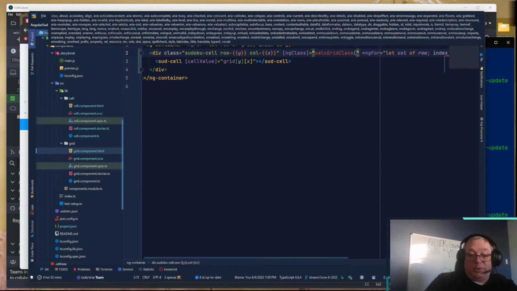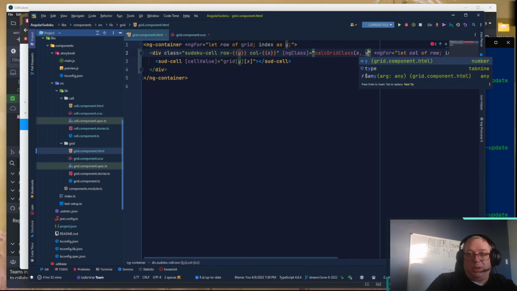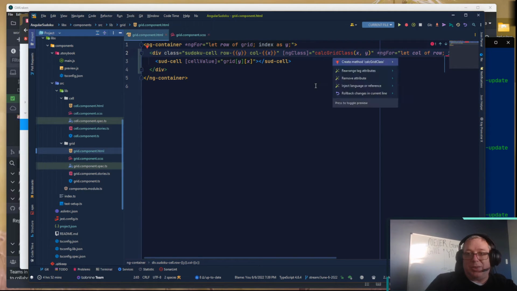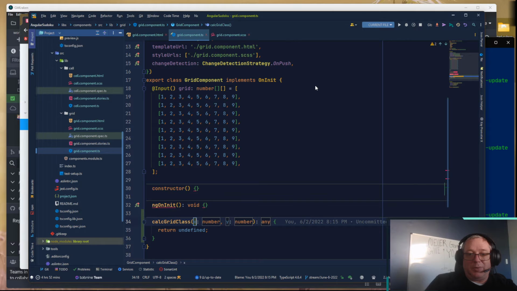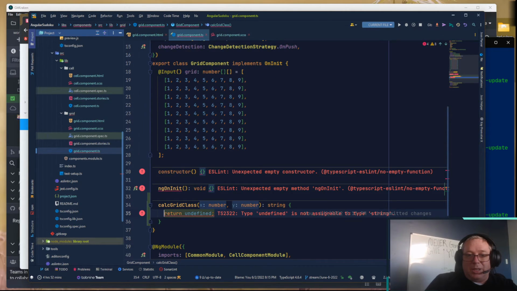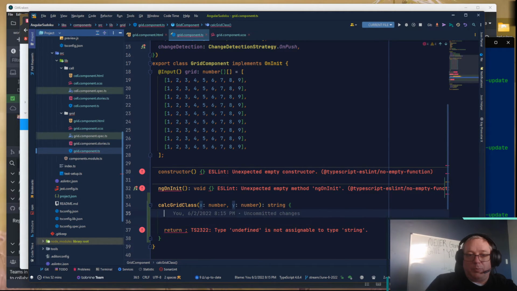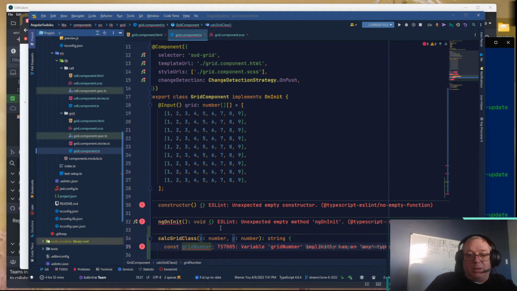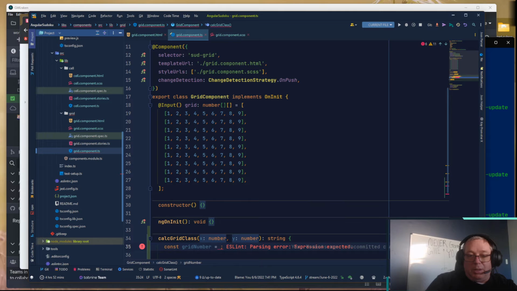And we just pass in x comma y, and it's complaining because we don't have this class, but with writer, we have the ability to do it. And this is going to return a string, and we're definitely not going to return undefined. The grid number is going to be our